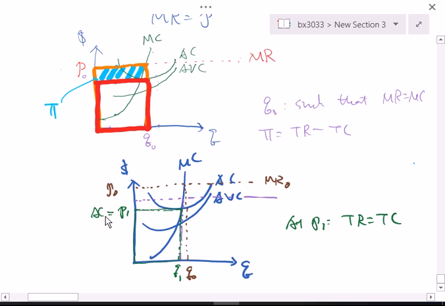So we can see that at P1 the firm's economic profit is zero. Which means if I keep cutting the price,